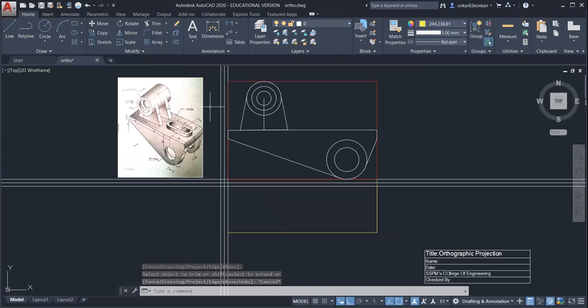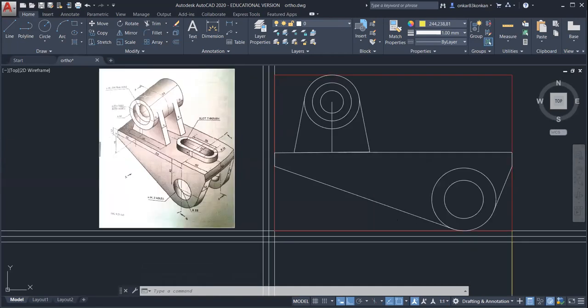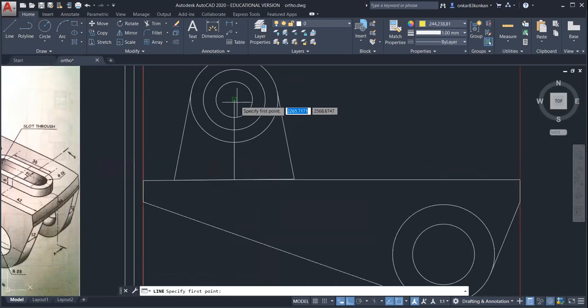Okay, so now here we can take the projection from this circle. In the top view, basically this is a cylinder in 3D, so in the top view it will appear as a rectangle. Okay, so for that rectangle, just take the projection from this circle.